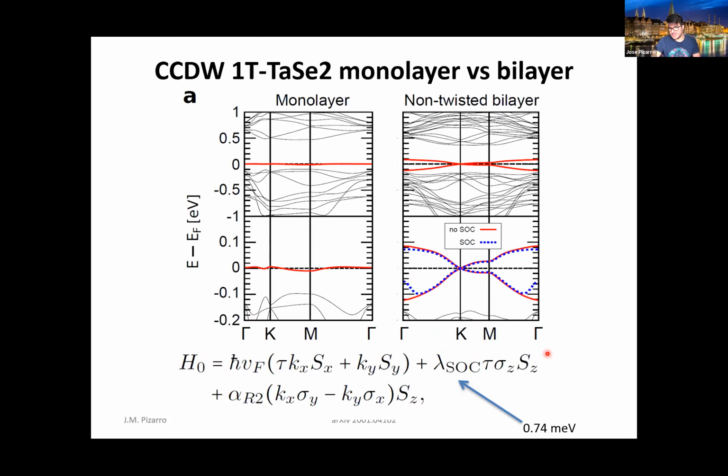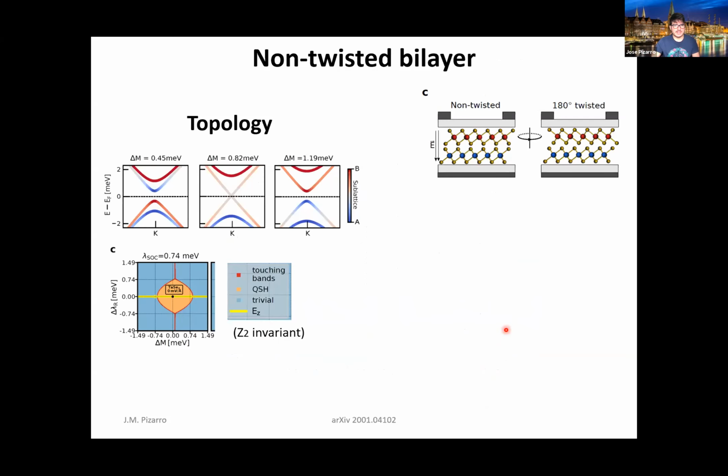But what is important is this lambda SOC, which is the so-called Kane-Mele spin-orbit coupling term. When you include the spin-orbit coupling term at the K point, instead of finding a Dirac point, you will find a gap, which is twice the value of this term. So then with all of this, we went into studying topology, and I will go a bit quick here,